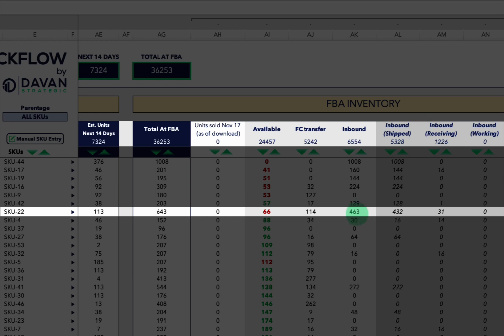From these that are inbound, only 31 have been received. The other ones are only shipped, so they're not even being received yet. And this is a really good example of how you can use this sheet to adjust your selling strategy. You may not want to push sales as hard right now because you might run out of available units, and then your shipping time to the customer might be extended to a week,